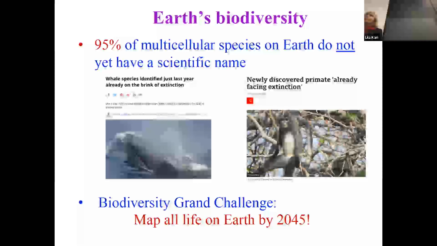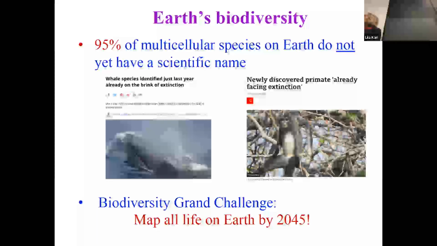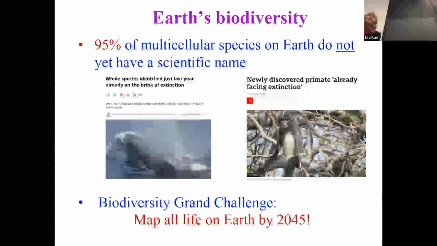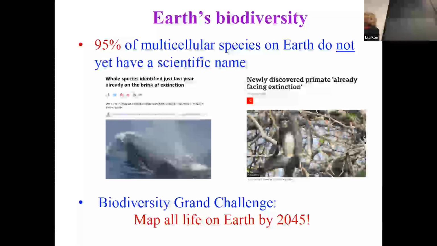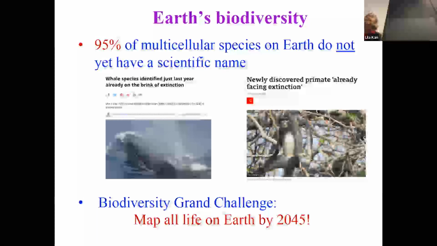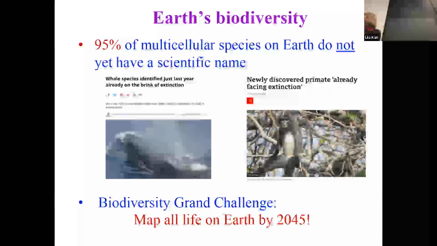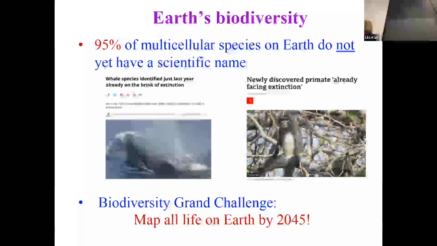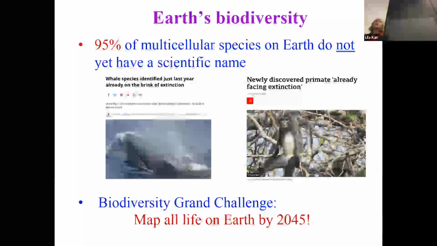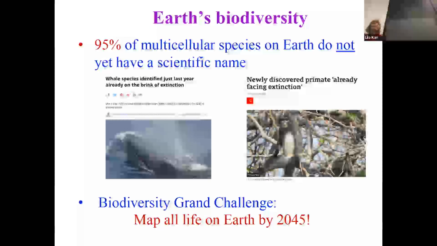And why this is important is that we cannot protect what we don't know. So if you want to protect biodiversity on Earth, we first have to know that it's there. Otherwise, it could be there and disappear, and we didn't even know we had it. So one of the grand challenges that are part of this big project BioScan that we are part of,